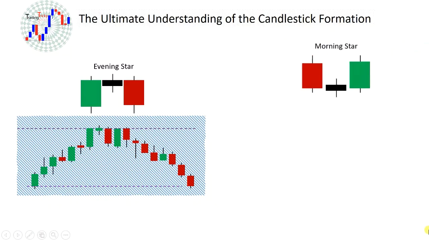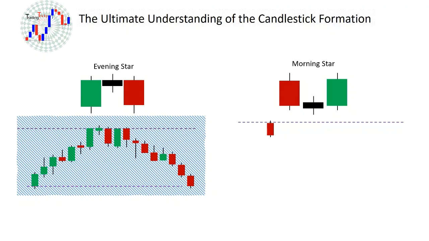Now let me show you the morning star pattern here. Let's say the market started from here, the resistance level, sellers entry, again strong sellers entry, then again strong sellers entry. All of these candles are not reversal candles, even if they form on the level or in the middle of this trend. It does not matter where the candle is formed, this is not a reversal candle. This is kind of a continuation candle if it forms something like this, in the middle. But if the candle forms at the level, then this candle can reverse the market.